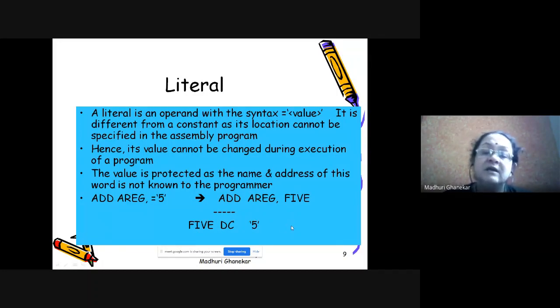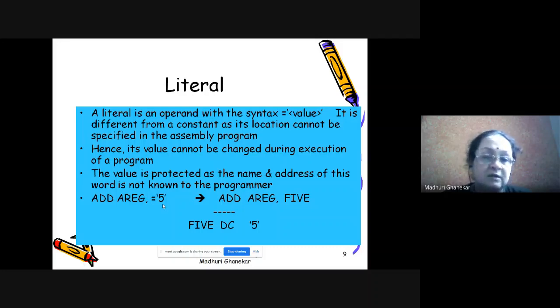Suppose this is there at some memory location, say 14. Now in your program you can move some value to the address 14. So in that case, instead of 5, it may contain something else like 7, 10 or something like that. But whatever is the memory location where the literal is stored, this value cannot be changed.